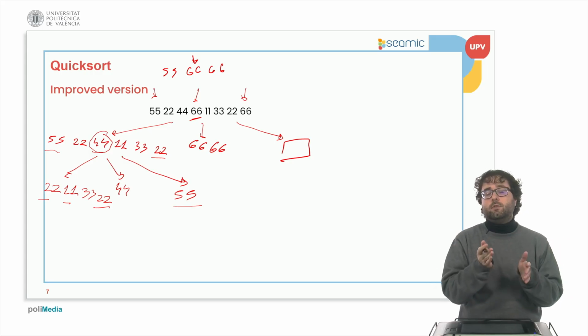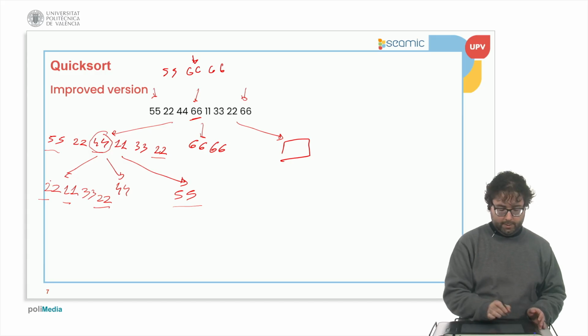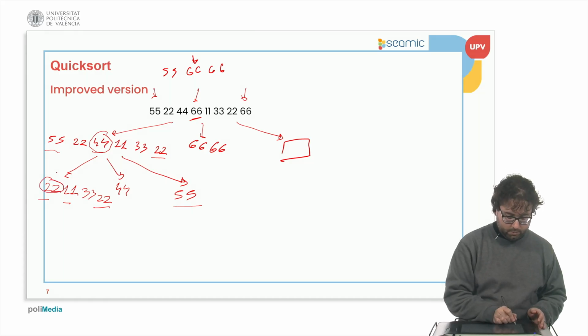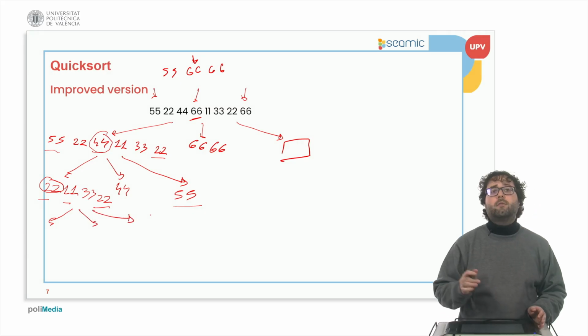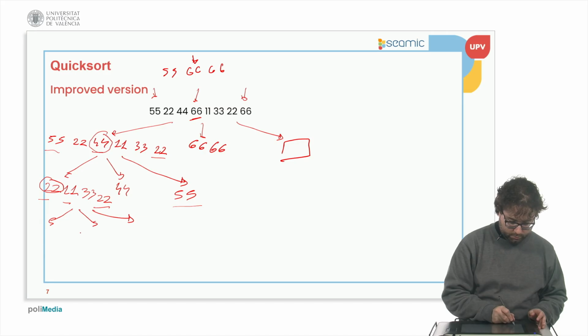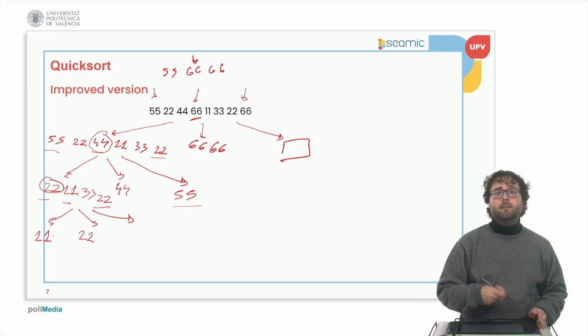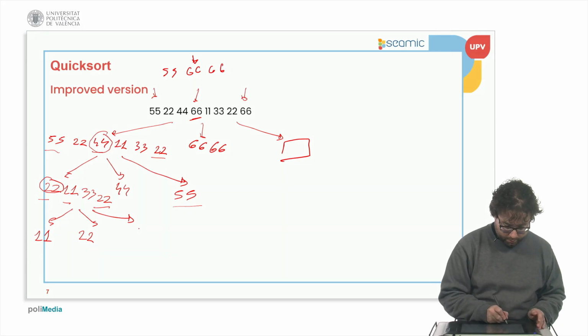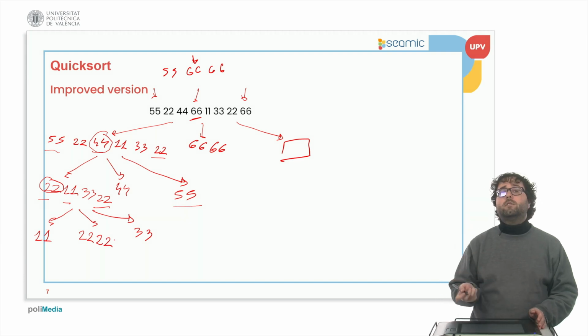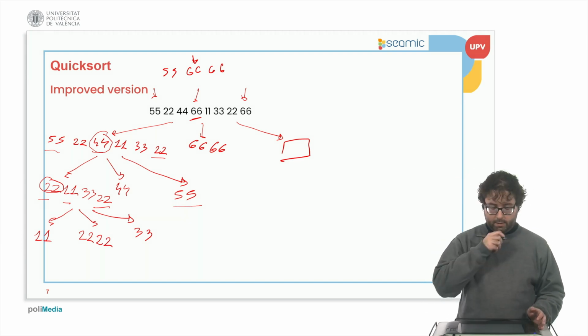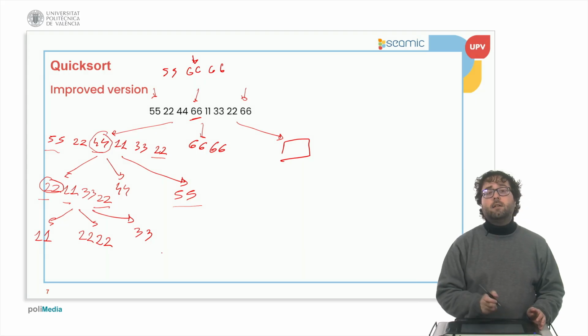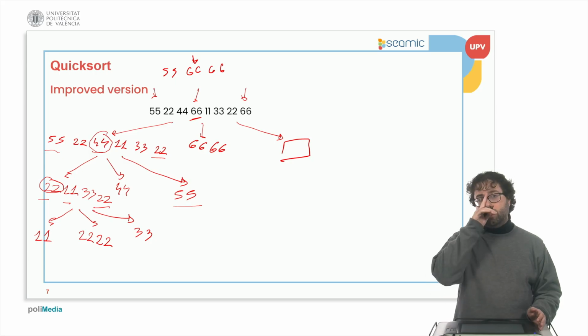The value in the middle is 22, so we select 22 as our pivot and make 3 lists. 22, that is our pivot, 11, which is smaller, 33, which is bigger, and 22, which is the pivot. Then, since L and R contain a single element, they are already sorted, so we can move on to the